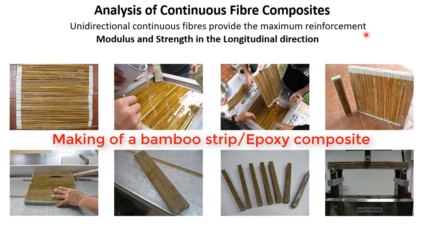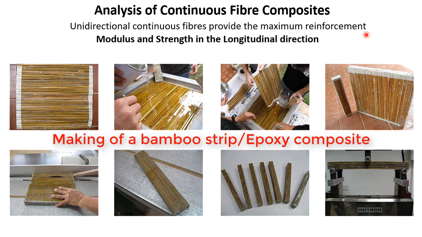That means the fibers are put in the direction of the maximum tensile load in that component. This ensures that the entire tensile load is taken by the fiber along its longitudinal direction. Therefore, it is important to see how we can calculate the modulus and strength of a continuous fiber composite in